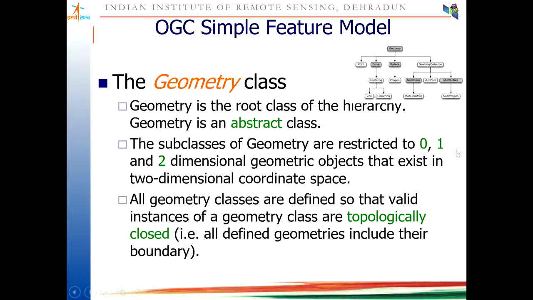What they have done is taken all the geometrical objects, and these have first been categorized into groups. The basic geometries are point, line, and polygon. Those are the basic groups provided. And then we have multi-geometry collections, or basically geometrical collections. In the geometrical collections, we can have homogeneous classes, or we can have different kinds of classes. Homogeneous classes means a bunch of lines being called, let's say,